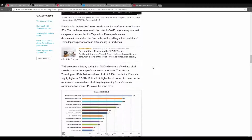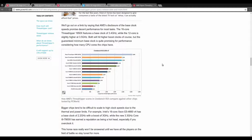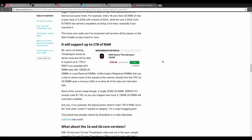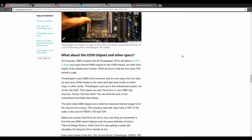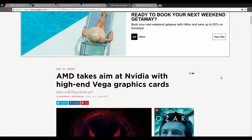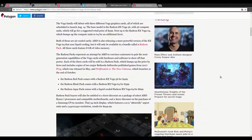Okay, but with all these different benchmark programs that they're running, the most important thing is real world performance. But as we've seen, starting with the new AMD RX 400 series GPU, when that first came out, the actual performance for the specs and everything they were touting really lived up to it. And then they proved that again whenever they released their AMD Ryzen CPU chipsets. And now I really think they will repeat the same thing again for the upcoming AMD Vega and also the ThreadRipper. It's just going to be an awesome time to be a gamer and also to be a content creator,